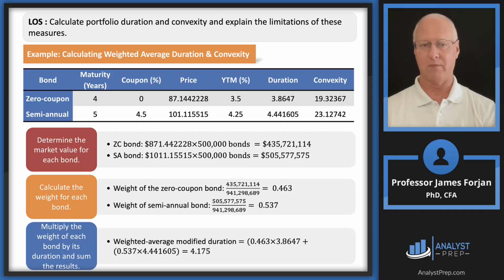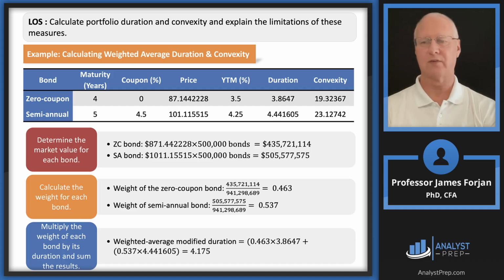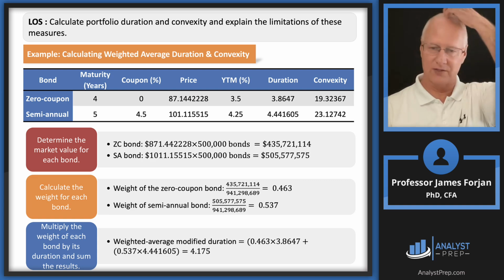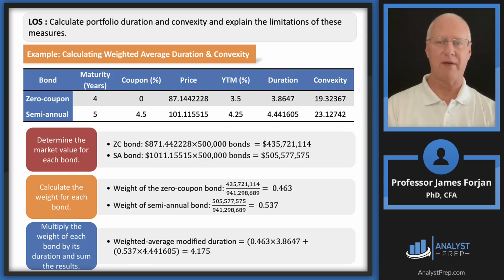So let's go ahead and compute the weights for each one. If you sum 435 and 505, you get 941. So the weights there are about 46% and 53 or 54%. So how do we calculate the modified duration of the portfolio? Well, what did I say just a few moments ago? It's just going to be a weighted average. So take the 463 times the modified duration of 3.86, and then the 537 times the modified duration of 4.44. You get